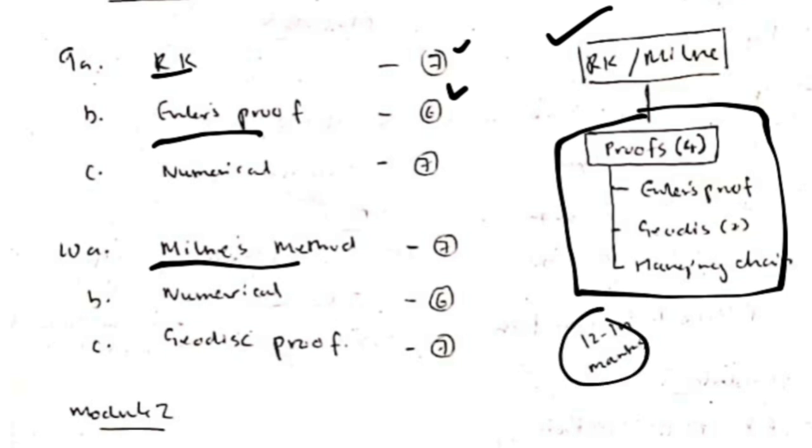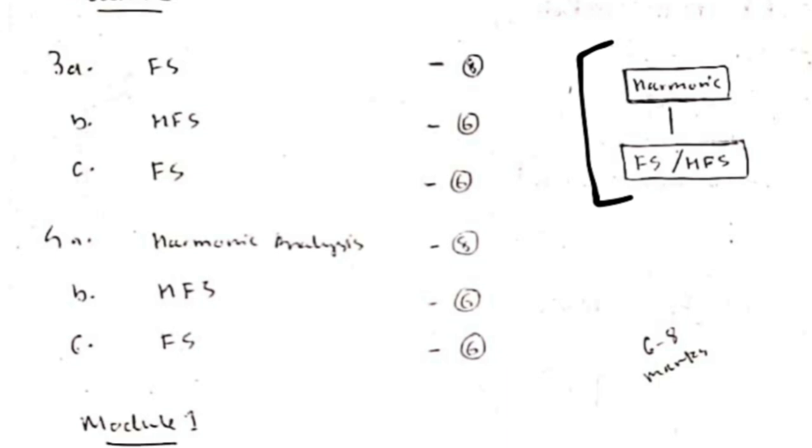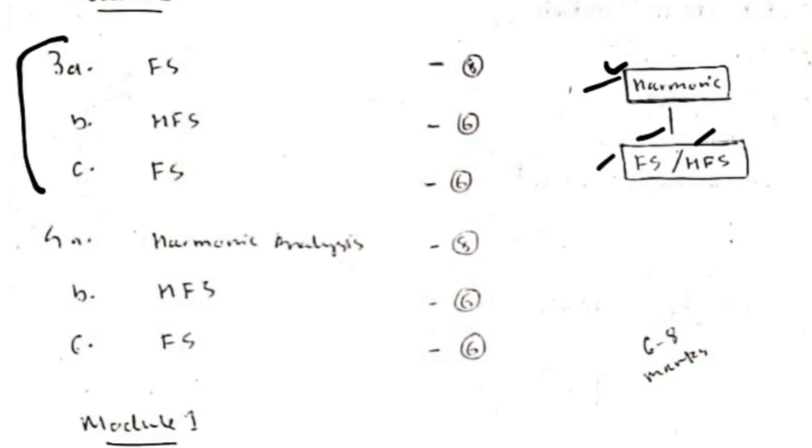Okay, module 2 is the shortest module, and in this module we have 3 topics: Fourier series, half range Fourier series, and harmonic analysis. Okay, so the fewer the number of topics, the more chances that the questions will be from the same topic. Okay, so see here, since we have 3 topics, in each question paper we'll have the topics from either half range, full range, or harmonic analysis.